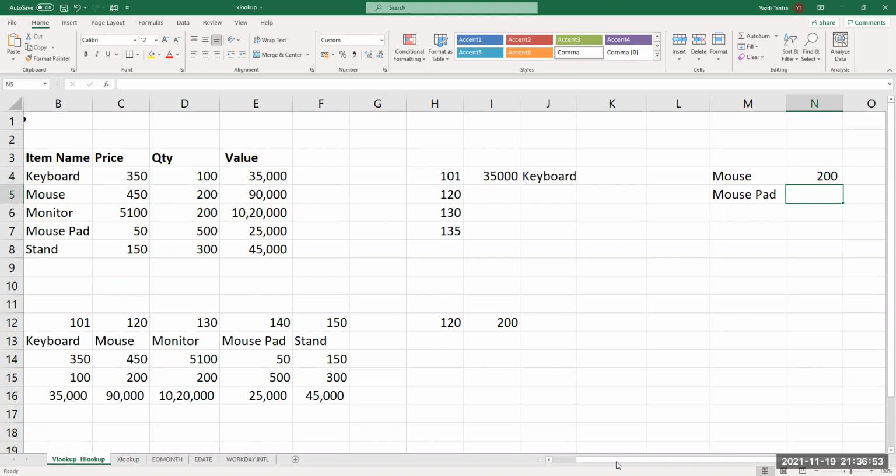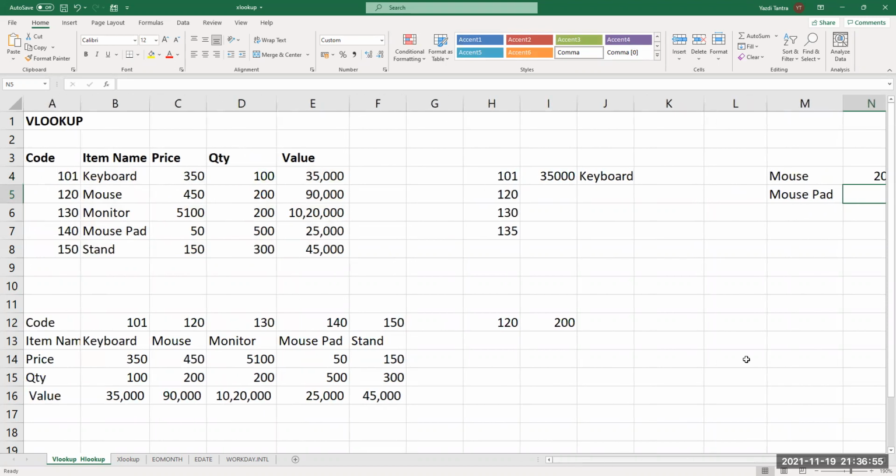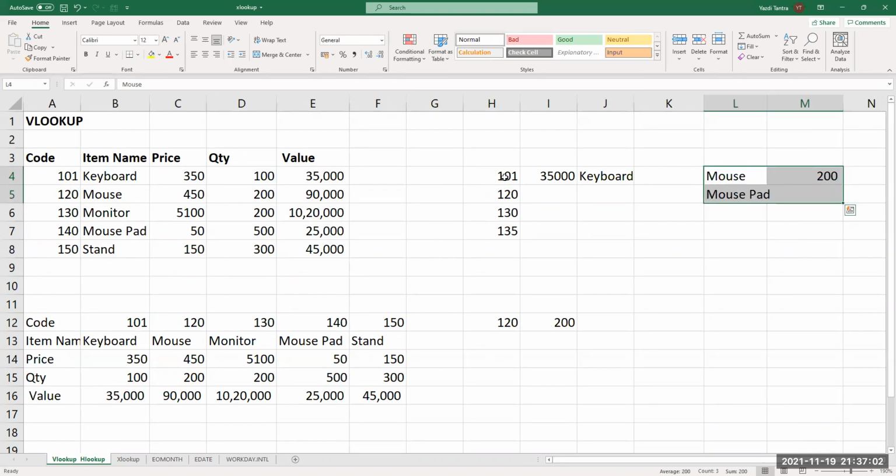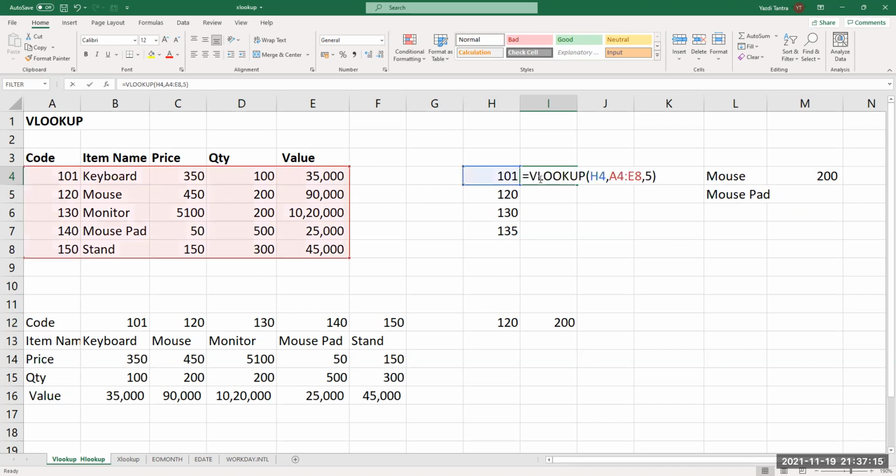You saw the difference between the first and the second option. In the first case, we looked up the code, and from the code, we could look up anything. Suppose we wanted to see the quantity. So we would have said 1, 2, 3, and 4. So the offset is the 4th column and not the 5th column. So we could have written 4 here, and we get the quantity, right?